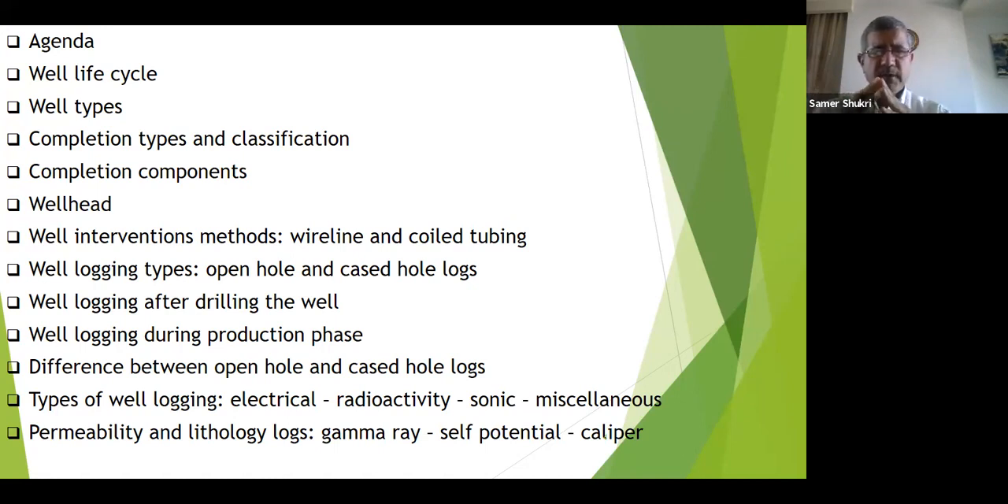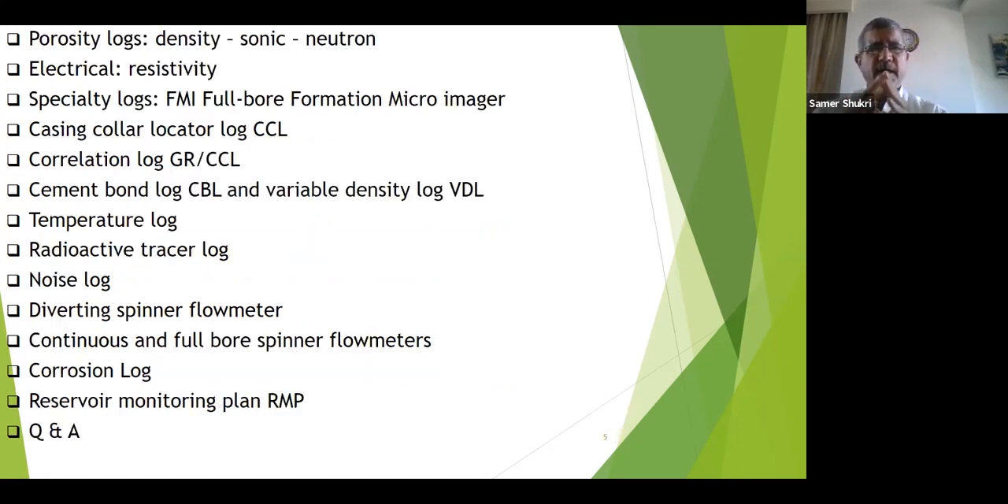We can talk about electrical, radioactive, sonic, miscellaneous, permeability, and lithology logs. So these mainly gamma ray, self-potential or SP, caliper. Porosity logs, we have density, sonic, neutron, electrical, we have resistivity. Special logs, we have